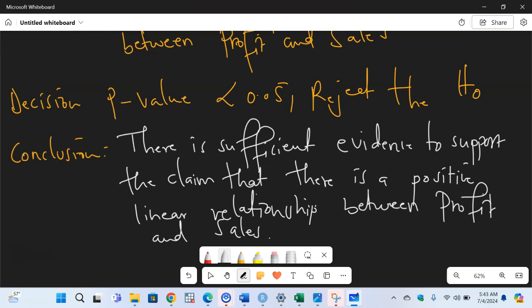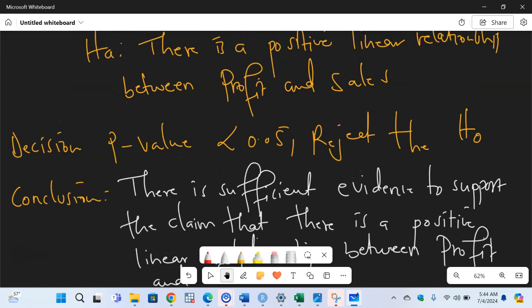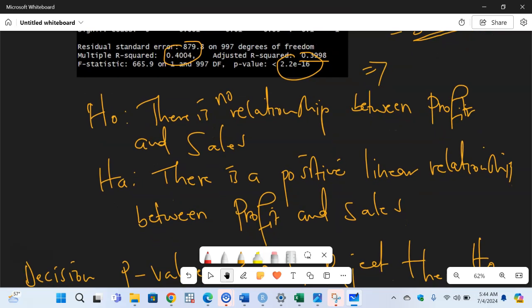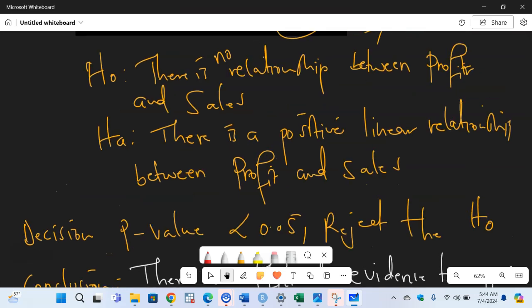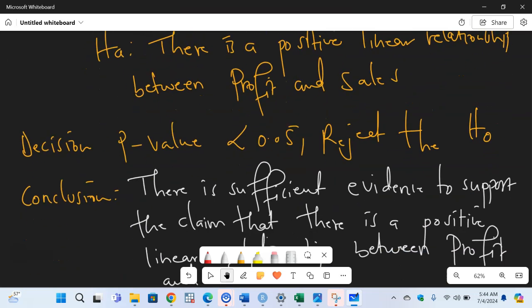If you've done all the four processes, of course you also report results in APA format. Say our regression model was run and we had this and this and this, and this is what we got, so that you can do. This is how you do the process of hypothesis testing when given a regression model. First, you start with stating the hypothesis, whether there's a relationship or not, you suspect. Then 2, you run the test, get the values, get the p-values and get the R, of course. Then come and